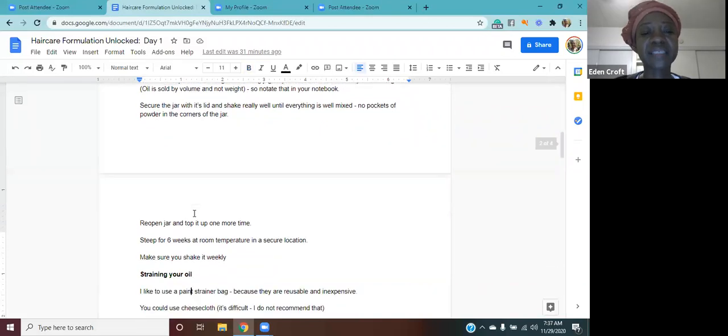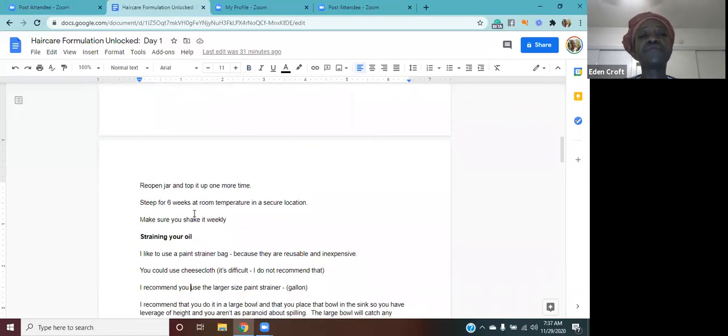So then you're going to leave it for 6 weeks at room temperature. You can go longer, you can go up to 12 weeks if you like. Most people don't have the patience for that. But 6 weeks is a minimum, I say. Now, if you're in a tremendous rush,